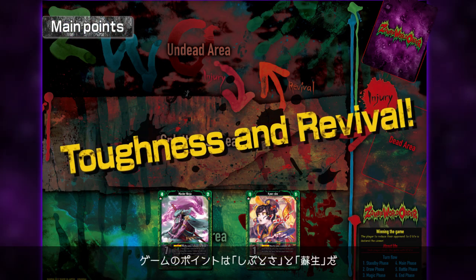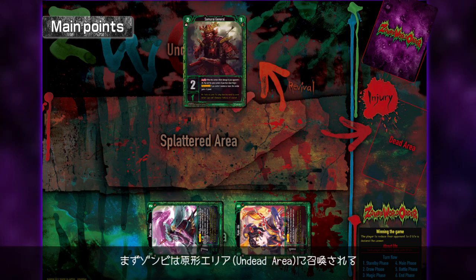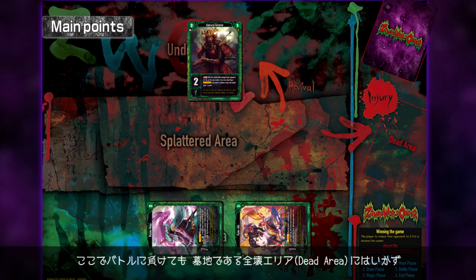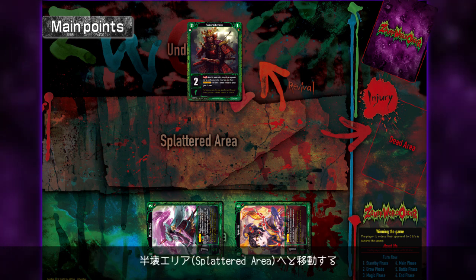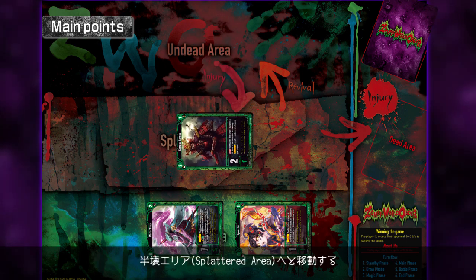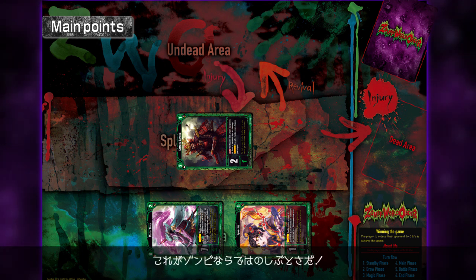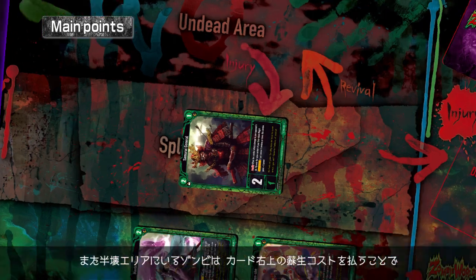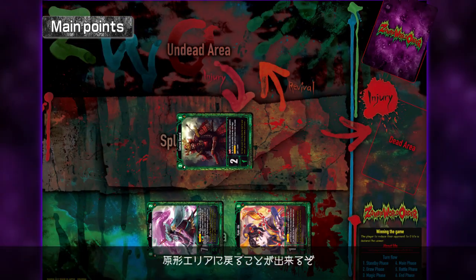Toughness and revival are the keys to the game. Zombies are summoned into the undead area. Even if they're injured here, they don't go to the dead area yet. They just move to the splattered area. Zombies in the splattered area can still fight. That's zombie toughness. Zombies in the splattered area can also be revived back to the undead area by paying their